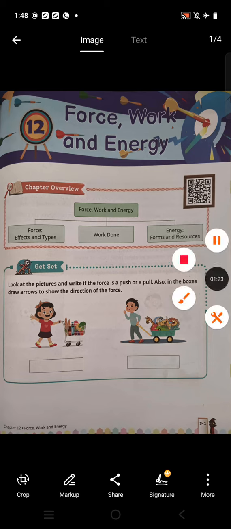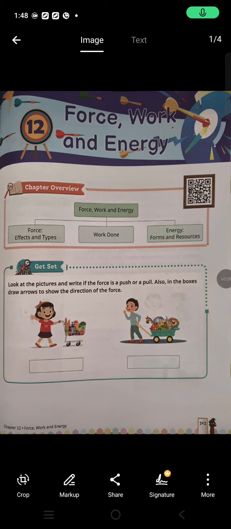Now the next question is, which energy is obtained from the sun? You know very well. We get solar energy from the sun. Next is our last question. Which force pulls everything towards earth? So this is a problematic question. To find out the answer to this question, we have to study the topic force and its types also. So let's